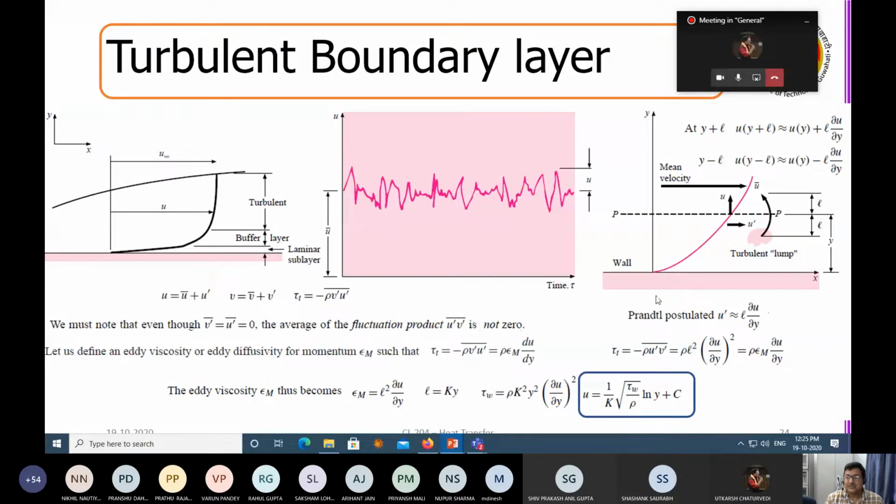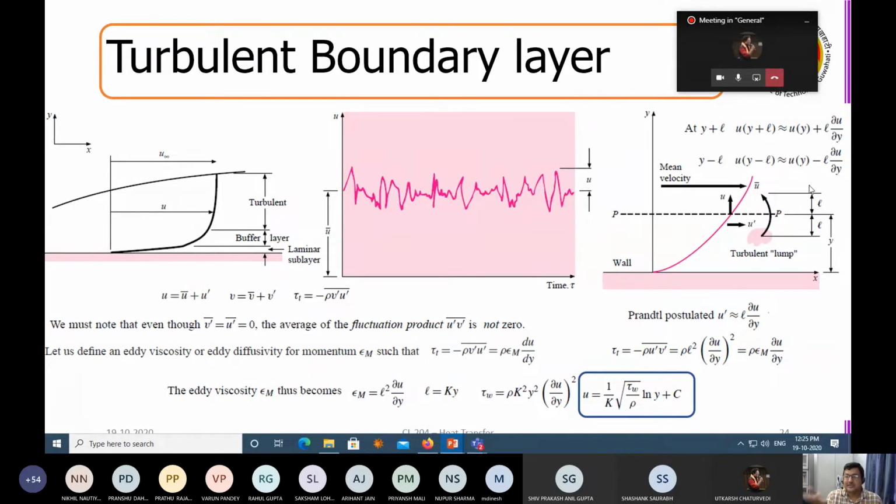So in that process, you say that there is a velocity profile like this, and this velocity profile has U bar and U fluctuating. Okay, and if I do a simple Taylor series, I say that U at Y plus L is equal to U at Y plus L into del U del Y. U at Y minus L is U at Y minus L into del U del Y. So if I do a simple Taylor series expansion around this particular point, what I end up getting was first postulated by Prandtl. Okay, what he suggested is that this fluctuating velocity can be L into del U del Y, because that is the change.